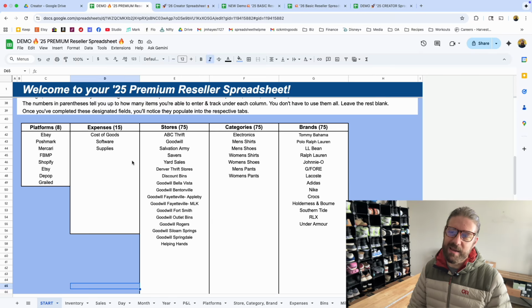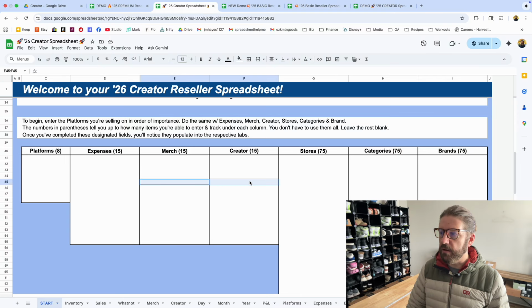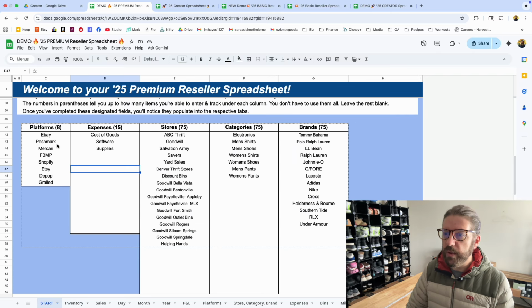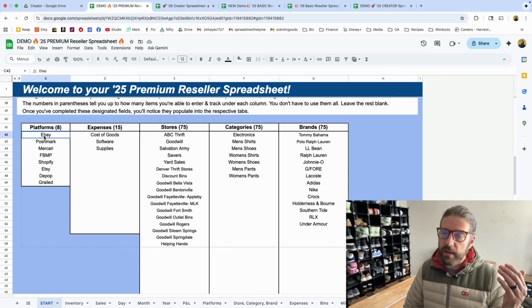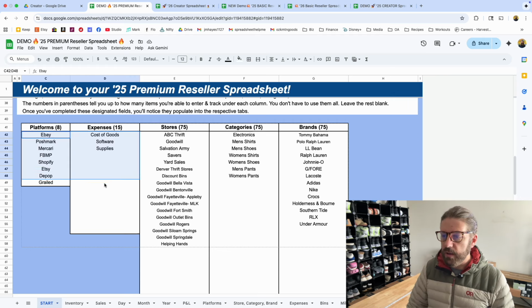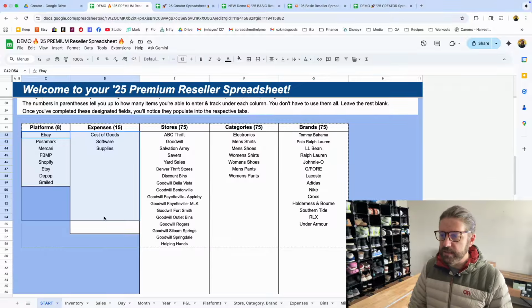So we can't do a simple one copy and paste on this. We've got to copy and paste in chunks. We've got a couple of columns in here in between that may throw off the formatting. So we're going to do this in 2 chunks. We're going to start with C42 under platforms, this first cell. You're going to click into that, and you're going to go over through the expense column and go all the